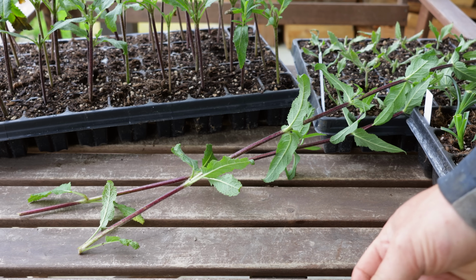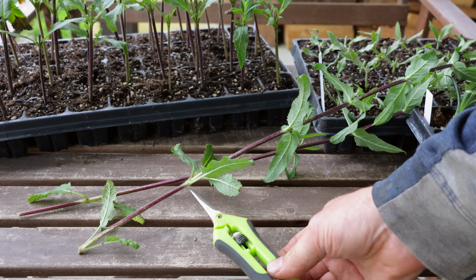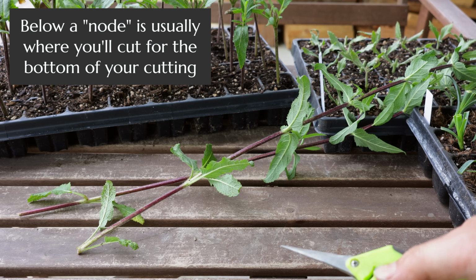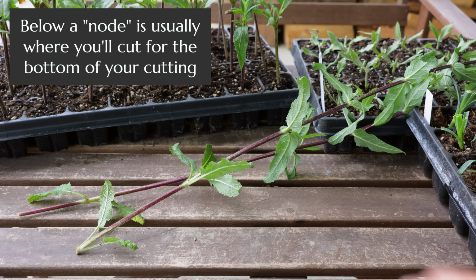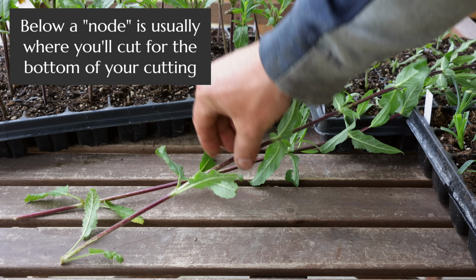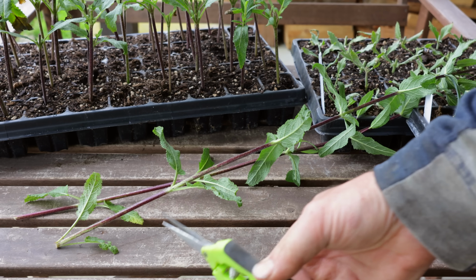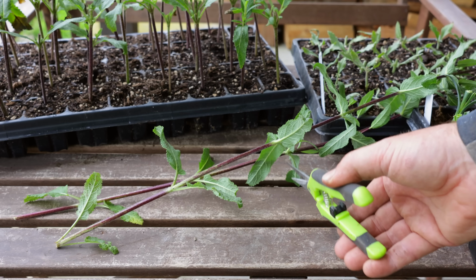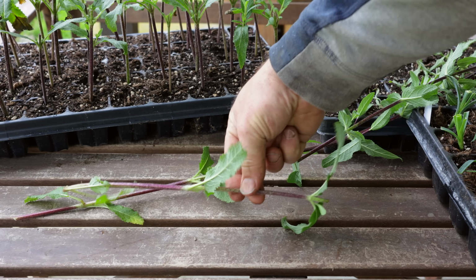So a little bit of definition so I can show you the concern. This spot here where the leaves come out, right there, and there, that's called a node, and the node is the spot on the plant where it's most likely, if you took a cutting, to make brand new roots. Now, my traditional advice when I'm talking about taking stem cuttings is to leave on 2 or 3 nodes. So you'd have the one on the bottom, at least one on the top, and then maybe one in the middle as well. But if I did a 3-node cutting on this plant here, what I'm going to end up with